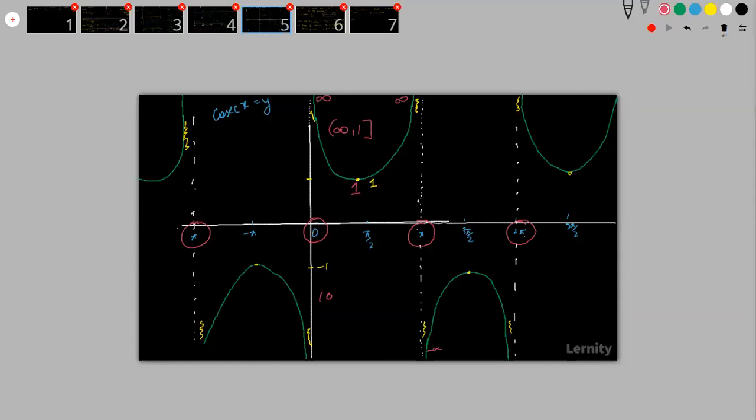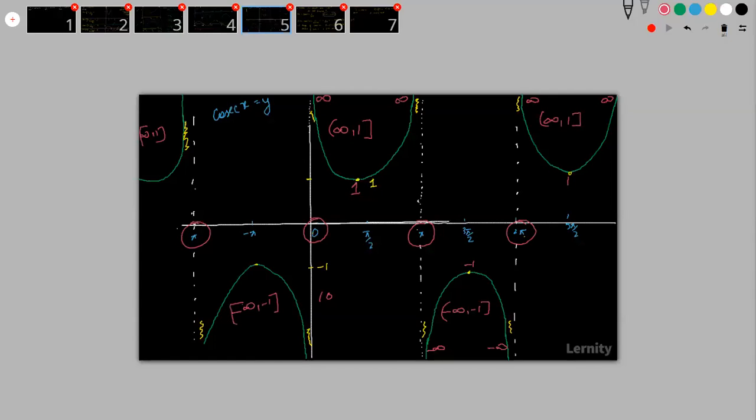Here it is minus infinity, coming to minus 1. So minus infinity to minus 1. Then again after minus 1 it is going down to minus infinity. So this is from minus infinity to minus 1. Again from here it is from infinity to 1, then from 1 to infinity. Similarly, this one will be infinity to 1, and this will be from minus infinity to minus 1.